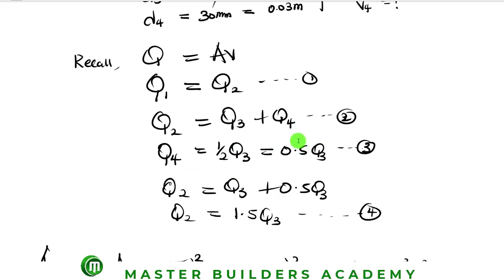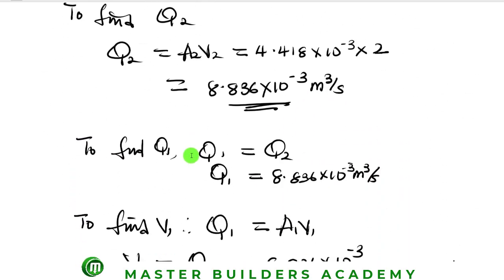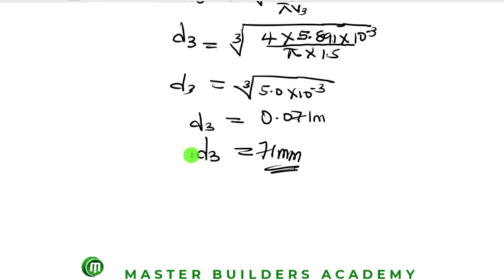You see that this thing is very, very simple to solve. All right, so what we just need to do now is to divide Q3 by 2. Are we there? So this is what was given to us in the equation. So we'll now simply say, so you come up here and say to find